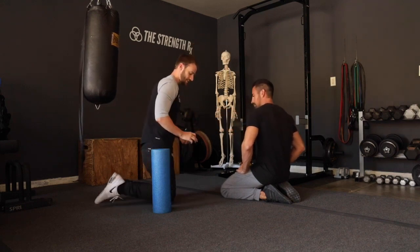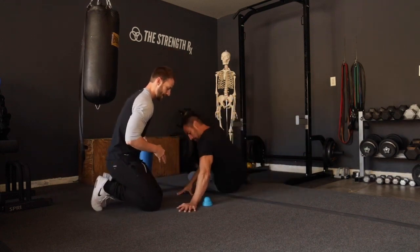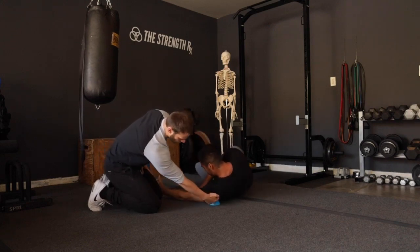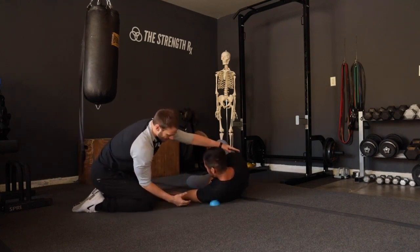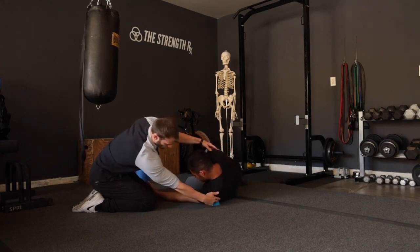Okay, so we're going to set this up. We're going to set our trigger point ball on the ground here, and we're going to lay in a position that's going to allow us to put pressure right through those areas that I just showed. So gentle pressure through here. Now we don't need to really dig in there, it's going to be pretty sensitive. What we can do here is stack our shoulders right on top of each other to get a lot of